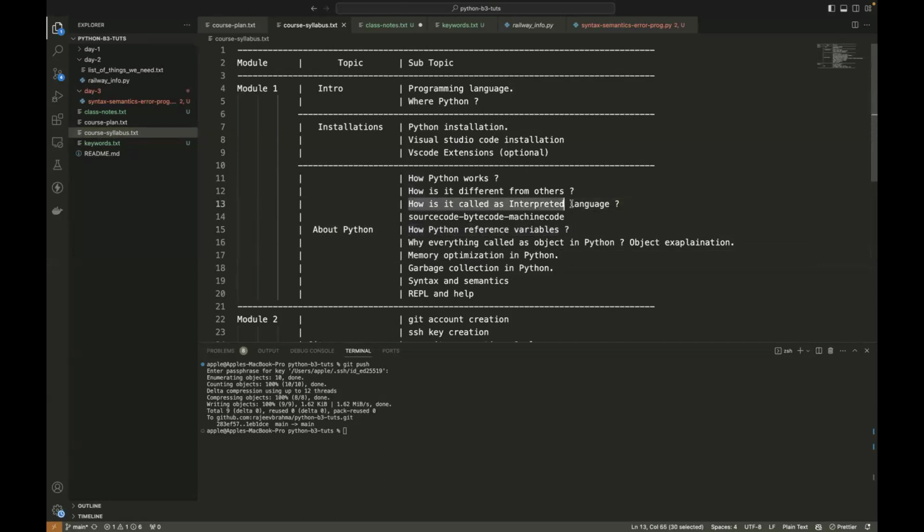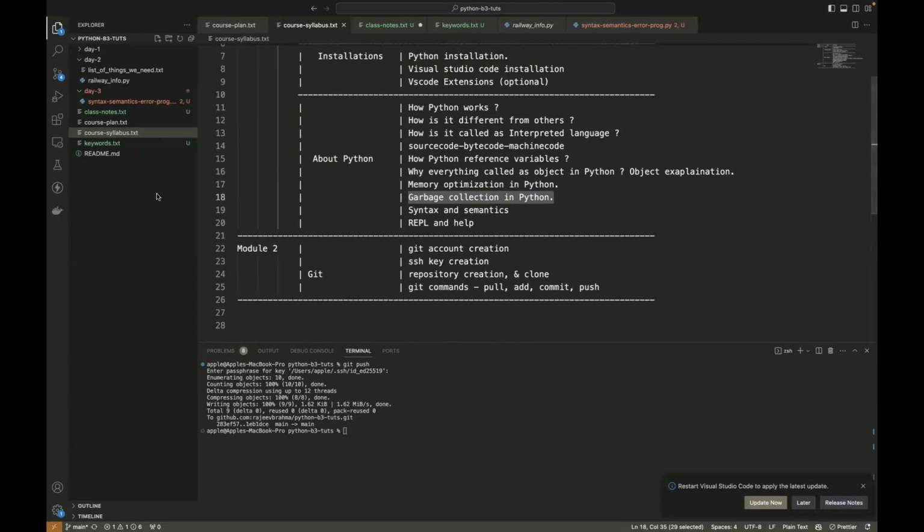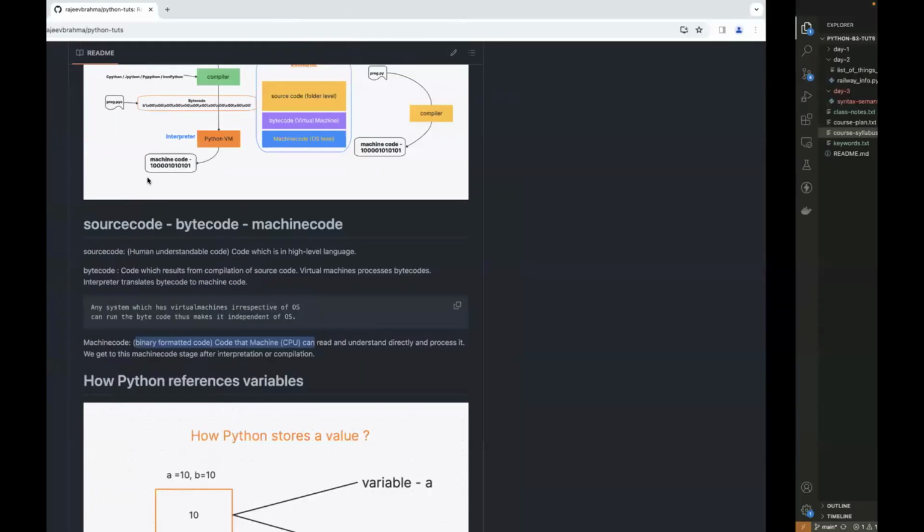Why is it called an interpreted language? What is garbage collection? All these things we'll see in our coming classes, maybe just one more class about Python. Then syntax and semantics, and after that we will get into